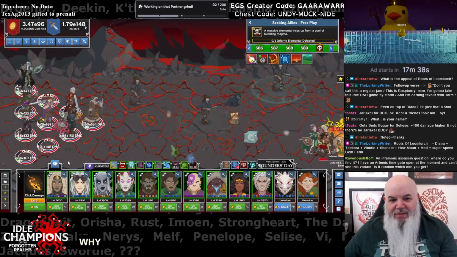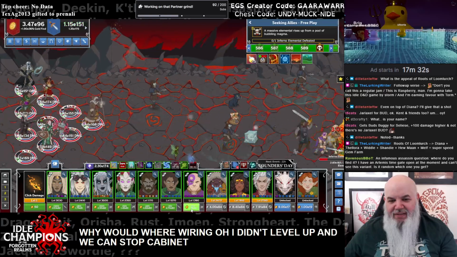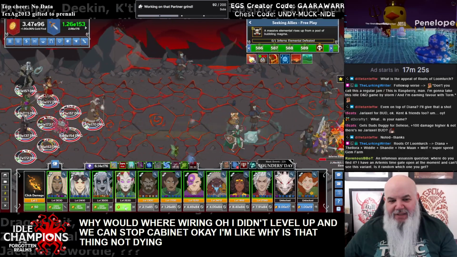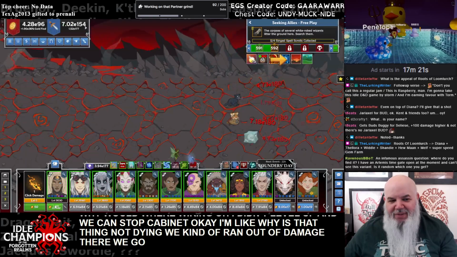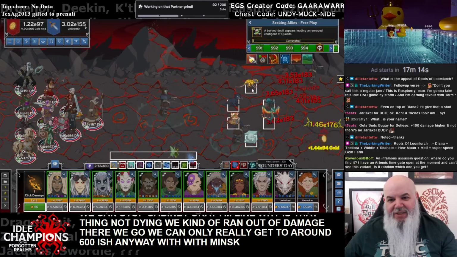Why are we? Oh, I didn't level up. We can soft cap now. Okay. I'm like, why is that thing not dying? We kind of ran out of damage. There we go. We can only really get to around 600-ish anyway with Minsc. And this should have been a full...